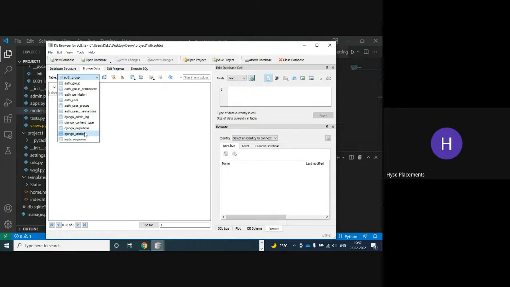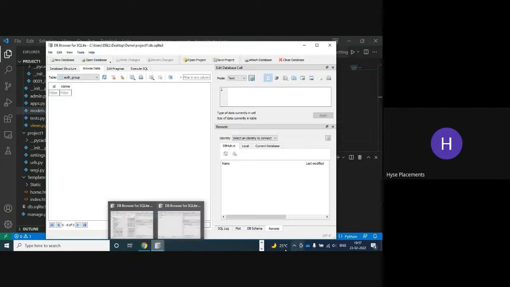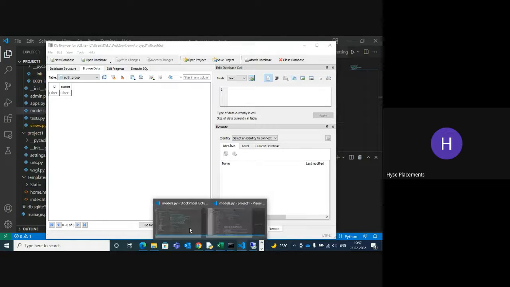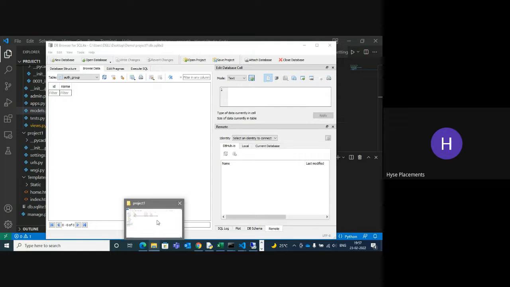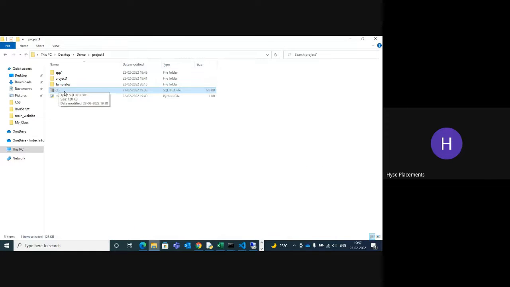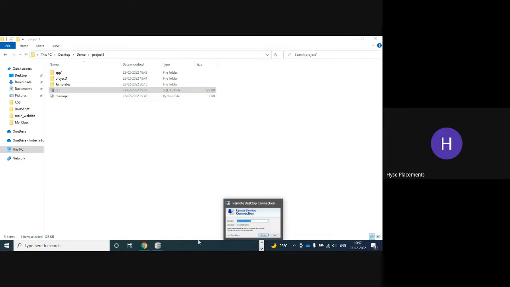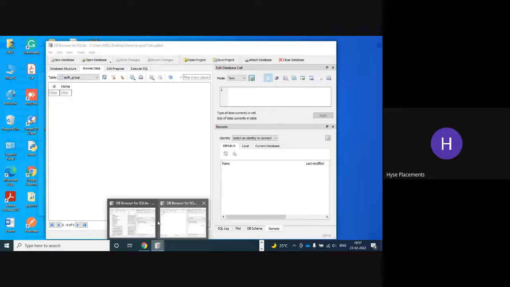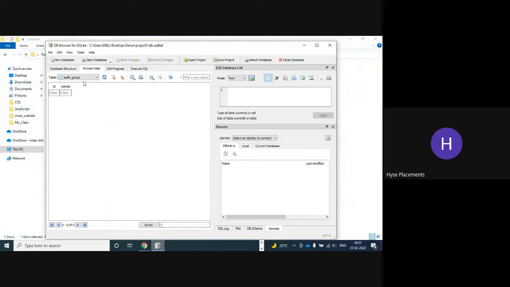Auth user admin. Is this the file or not? Okay, this is the file. You can see my name is present in the auth group.